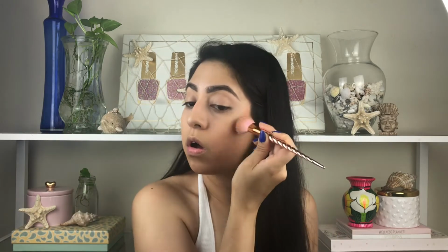So to contour my face, I'm going to use the Tulum palette. This is from BH Cosmetics, their travel series, and we traveled to Tulum. So if you haven't watched that video, I'll leave the link down below. But first I'm gonna go with Paradise. So first I'm gonna put Paradise on the upper part of my face. And I'm gonna go with the color Ruinas